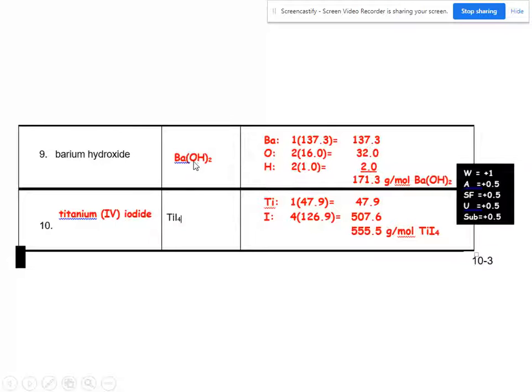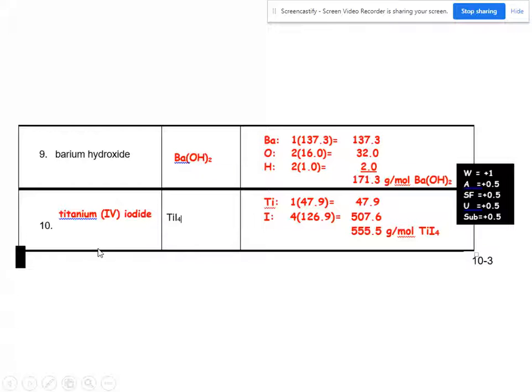Barium hydroxide, remember 2 capital letters, you got to put a 2 here for the reduced crisscrossing. If you don't have a set of parentheses here, you're not going to distribute this 2 to the oxygen, which means this answer is going to be wrong. So this is worth 1 point, all or nothing. If you forgot the parentheses, it's minus 1. You would lose a half point here, and then a half point here for the answer, and a half point here for the substance. So it's 137.3 plus 32.0 plus 2.0 gives us 171.3 grams per mole of